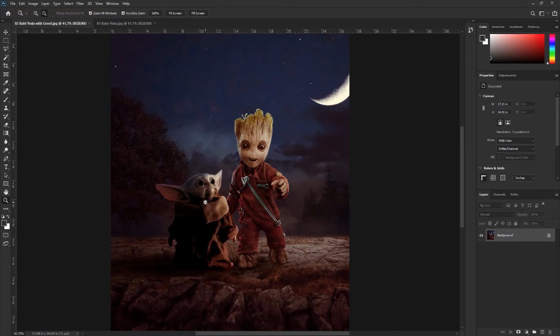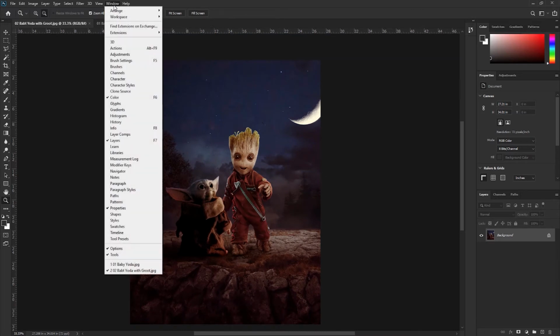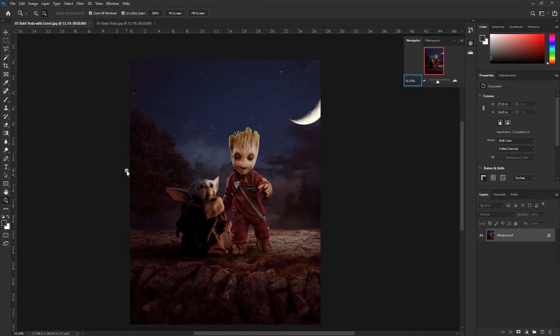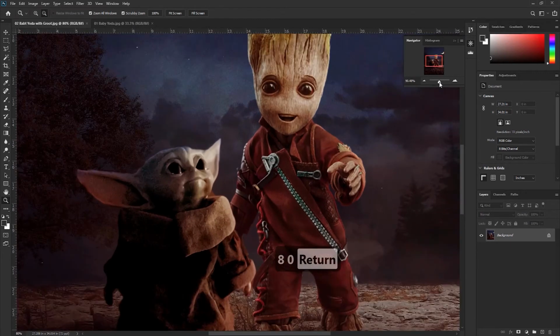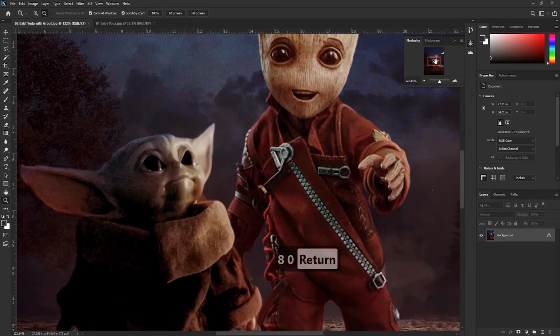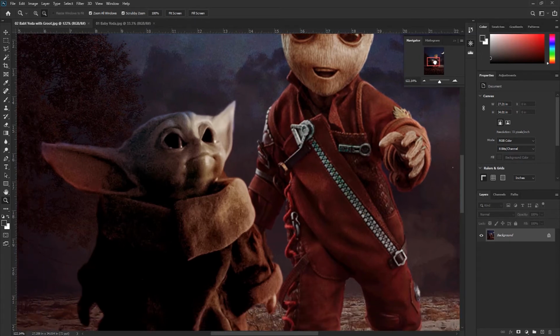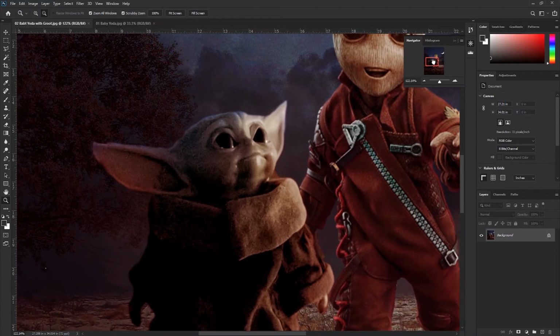We can also use the Navigator panel to zoom. I will select it from the Window menu here. And at the bottom we have the percentage. So if I wanted to go to say 80%, I could just type that in. Or I can use the slider around the Baby Yoda to zoom out or zoom in. And once I have zoomed in, I can click inside of the red rectangle in order to reposition the area. Alright, let's collapse that for a moment.